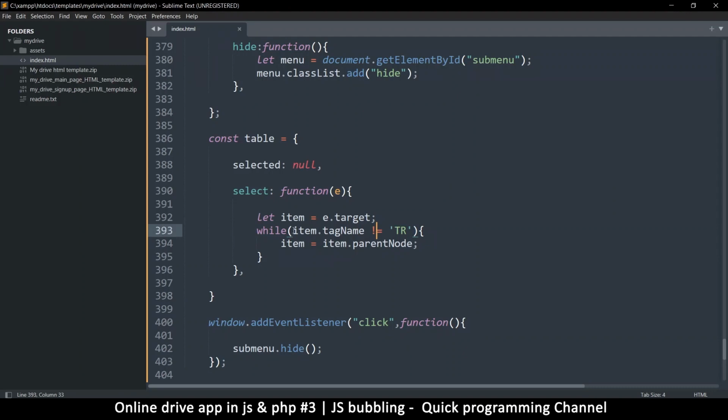Okay, now we need a way to stop this because it's possible this can go on forever, the while loop. If it gets to the body, then we've lost. So let's put two conditions in which this loop can exit. Right now it can exit whenever the item is a table row, but it's possible we can never get to that because maybe the user clicked something else. There could be many glitches. We just need to add a failsafe just in case. So we say while that is not equal to that, or item.tagName